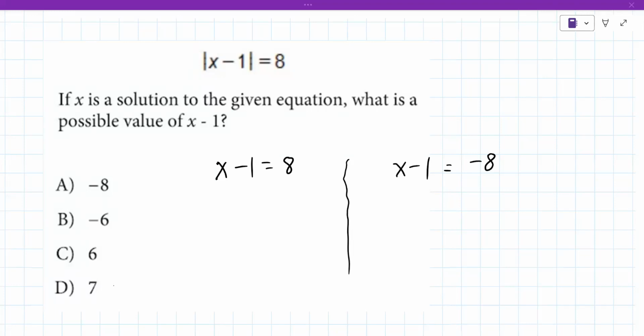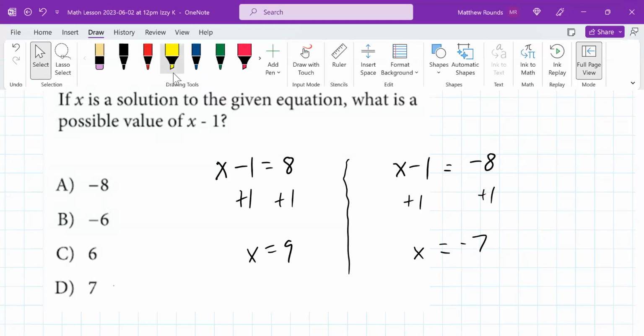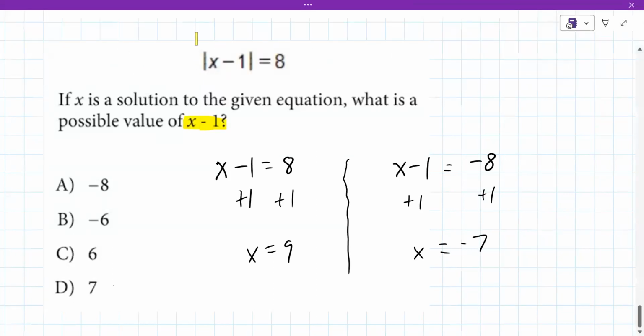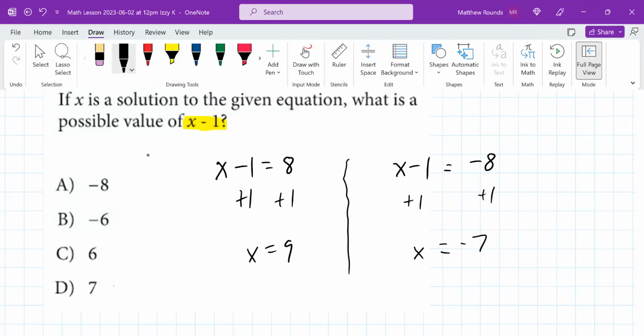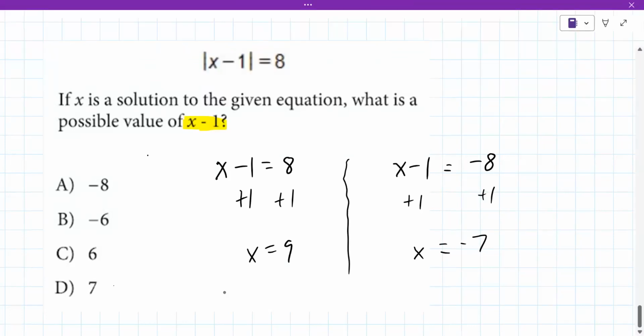Is it B? So let's just solve it here together. Add 1, add 1, add 1, add 1. So x is 9 or x is negative 7. Okay, but is that what it's asking for here? Let me highlight it. What does it want here? Oh. So it wants you to take your answer and subtract 1. So what would be the two possibilities? Negative 8